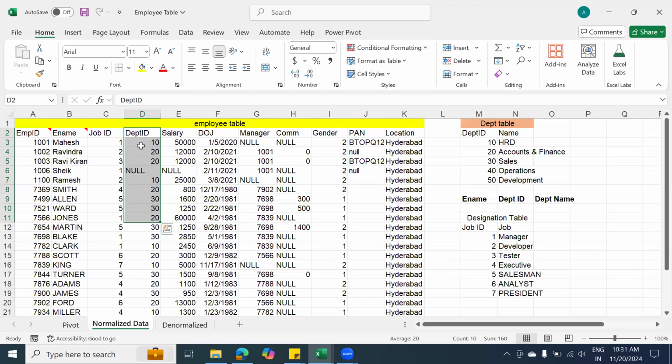Why did we use department ID here? For HR, the unique code is 10. Then for accounts, the unique code is 20. Now, you can save this column either with department ID or with department name.